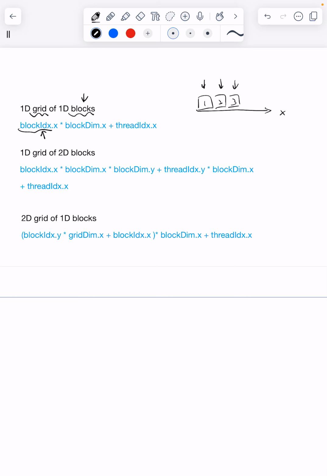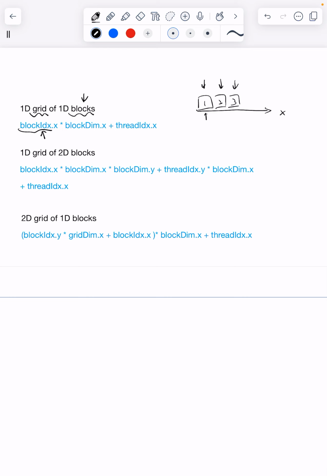The number of blocks is constrained by how the programmer does the configuration and the resource limitations of the GPU itself, which is not within the scope of today's video. And after we have these blocks, these are the block indices. Inside each block, there are collections of threads. So if we want to have